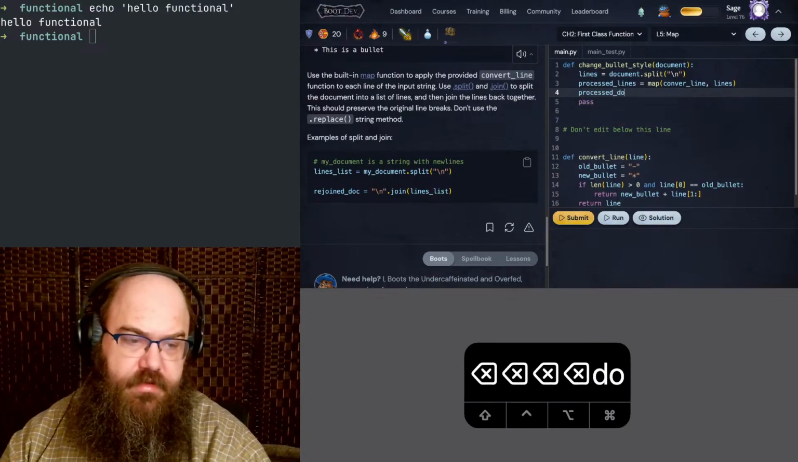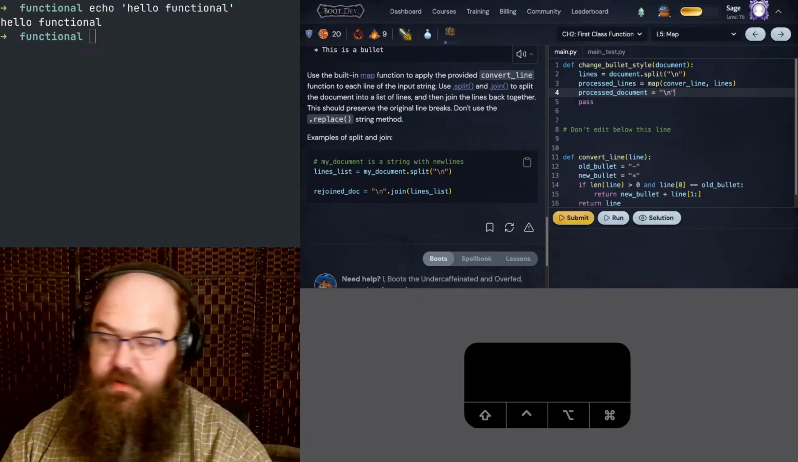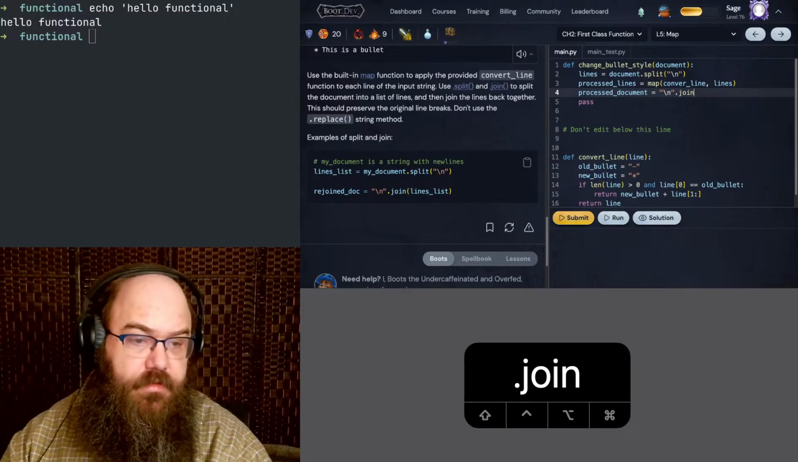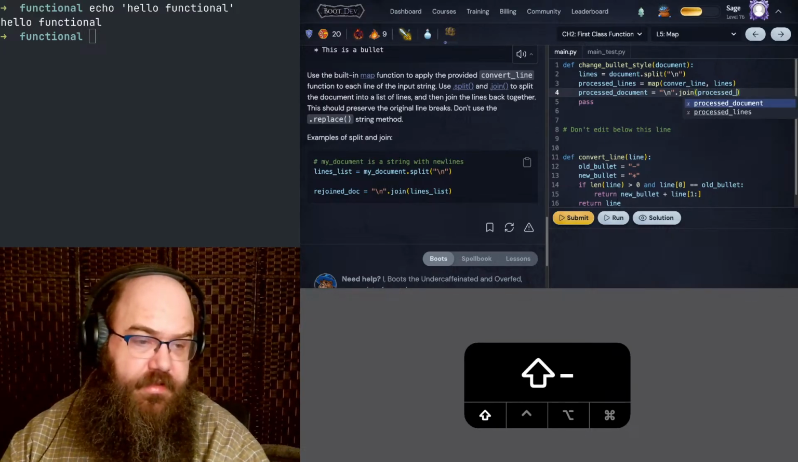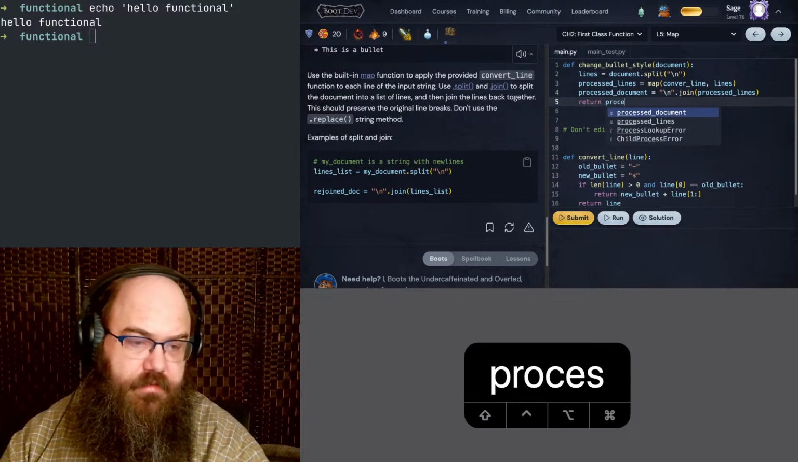Processed equals new line string dot join of processed lines. Return